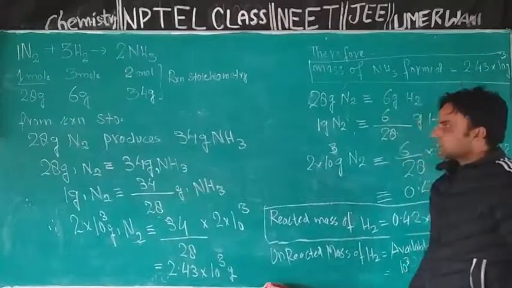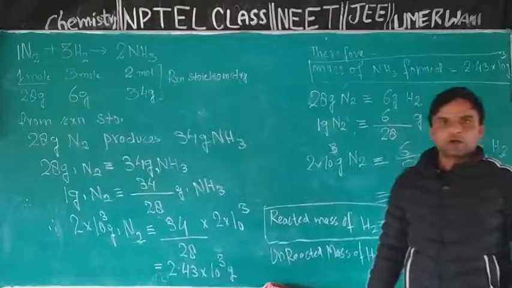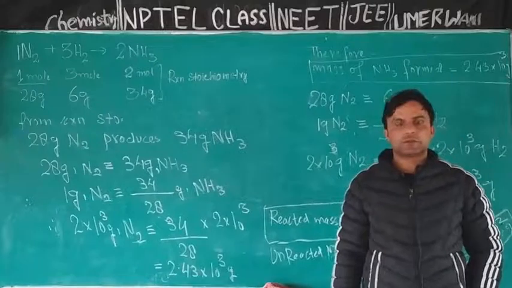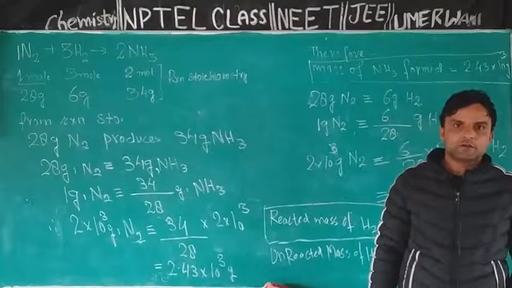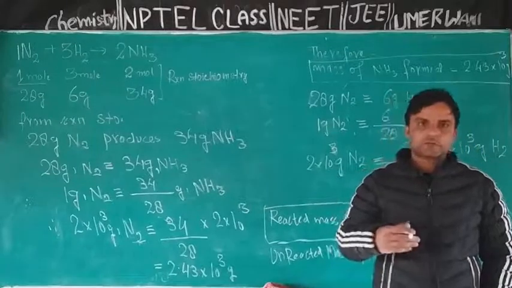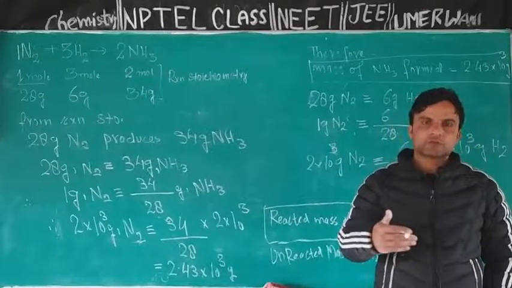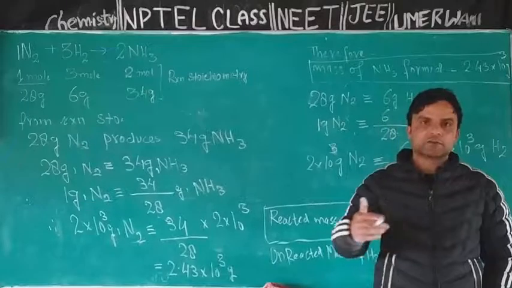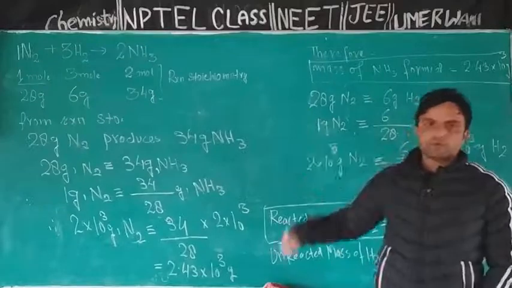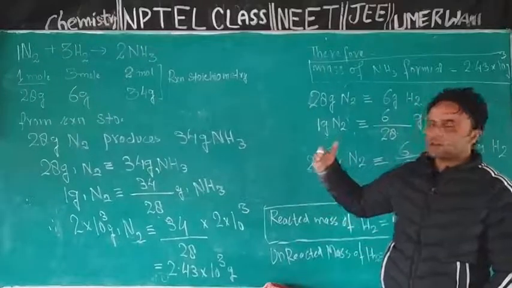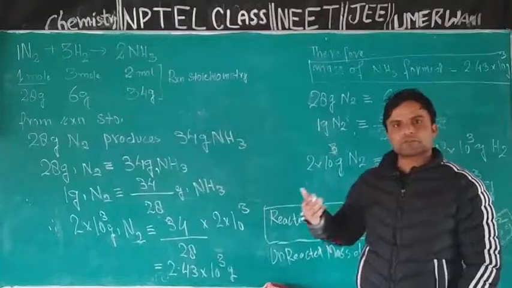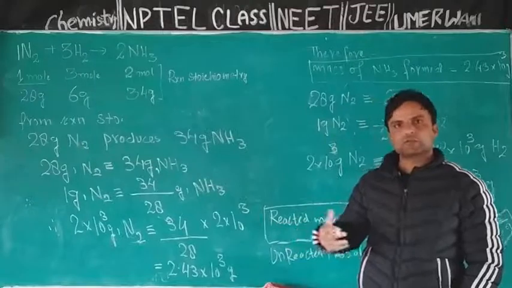Now if I may recall this numerical problem for you, our problem was based on chemical reaction dinitrogen plus 3 times dihydrogen gives 2 times ammonia. For this reaction we were given that we start with mass of nitrogen equal to 2 into 10 raised power 3 grams and mass of hydrogen equal to 10 raised power 3 grams. Now we had to determine how much mass of ammonia is formed, and whether there is any excess reactant or not, and if yes, how much mass of excess reactant will react and how much will remain